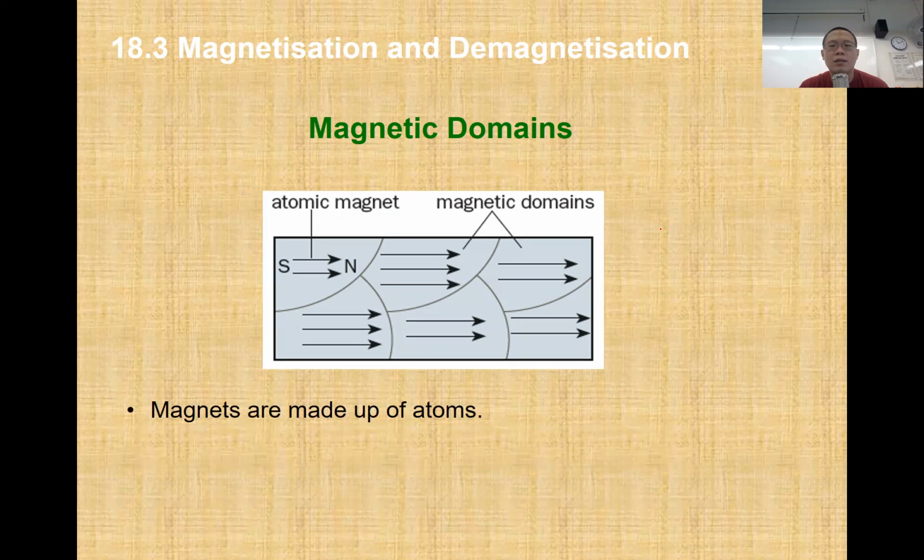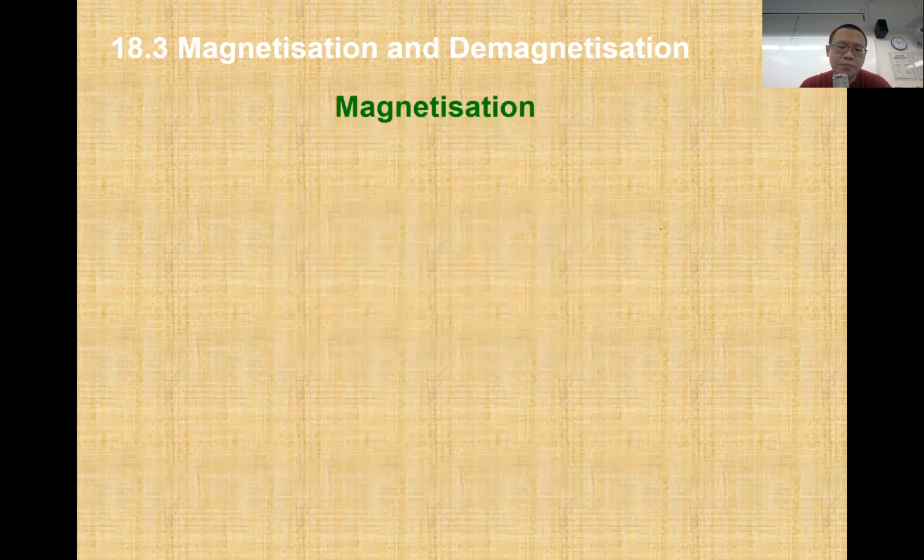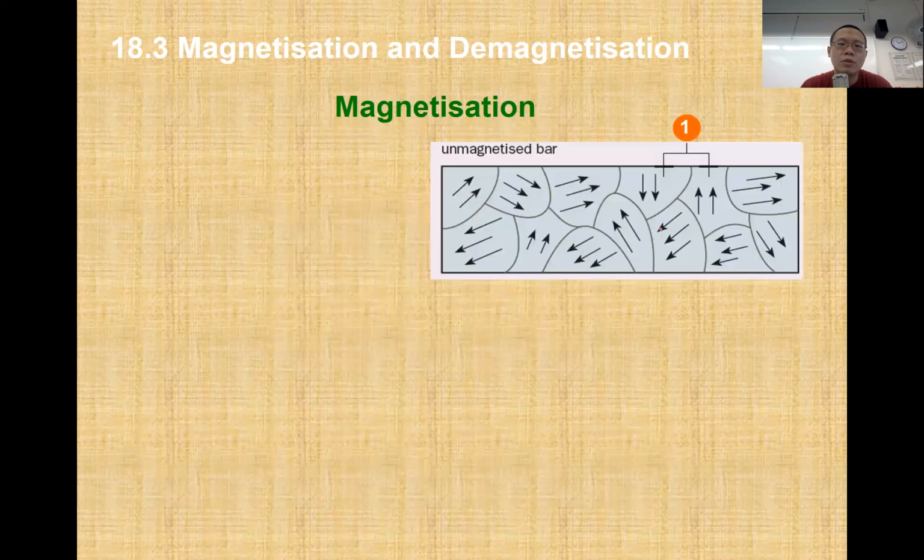Go back to chemistry, the atomic structure, but now we look at it in terms of magnetism, or what we call the atomic magnets. What we want to do here is align all these magnetic domains, because by nature, all the materials that arrive naturally, the metal, steel bar, iron bar,